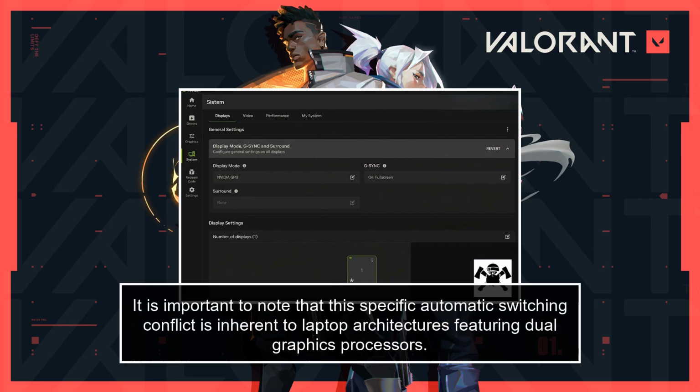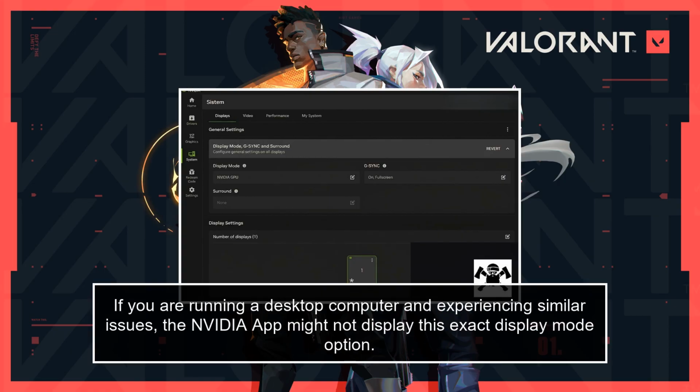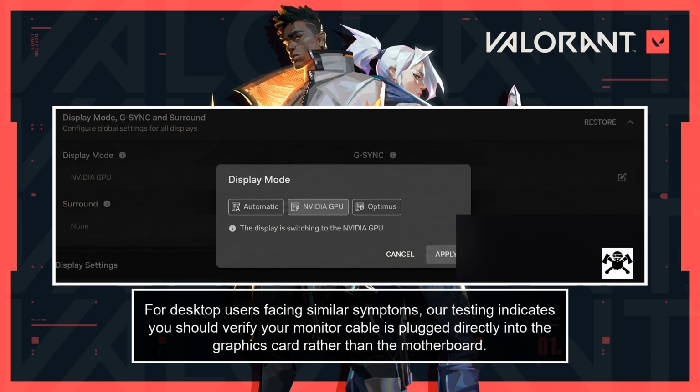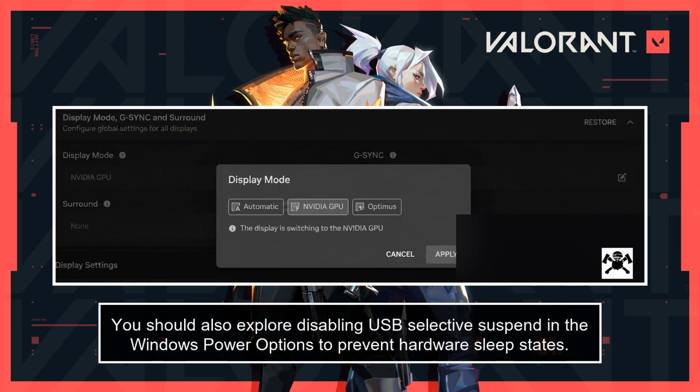It is important to note that this specific automatic switching conflict is inherent to laptop architectures featuring dual graphics processors. If you are running a desktop computer and experiencing similar issues, the NVIDIA app might not display this exact display mode option. For desktop users facing similar symptoms, our testing indicates you should verify your monitor cable is plugged directly into the graphics card rather than the motherboard. You should also explore disabling USB selective suspend in the Windows Power Options to prevent hardware